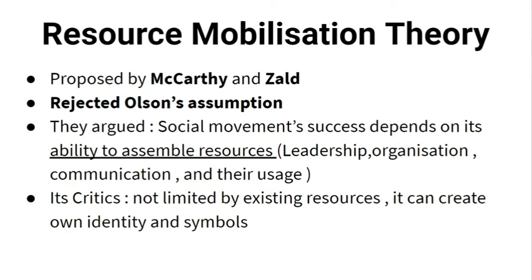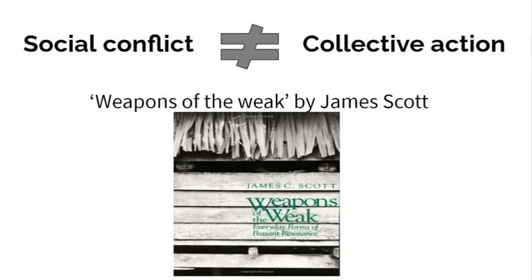So this is how we finish the theories. Summing up, the theories say that social conflict does not always lead to social action, meaning that not all the social conflicts taking place in society lead to a social movement. An illustration is given with the example of a book written by James Scott, Weapons of the Weak, in which he talks about the